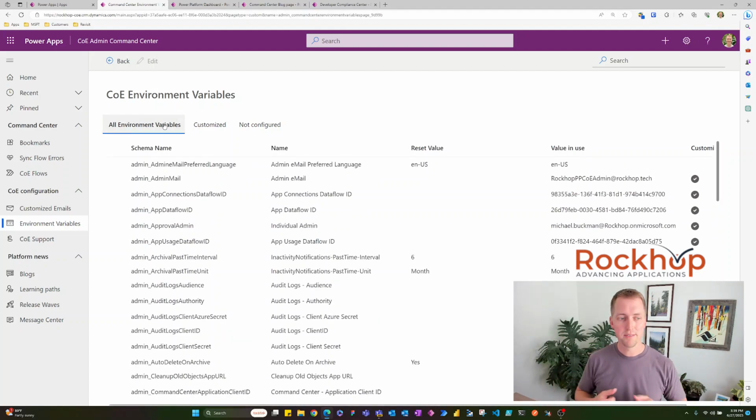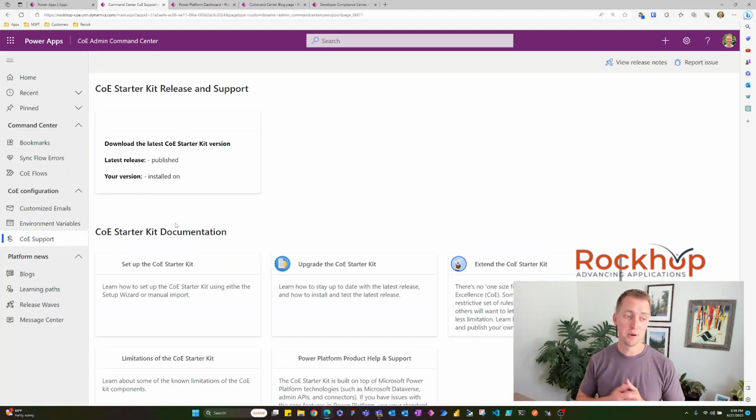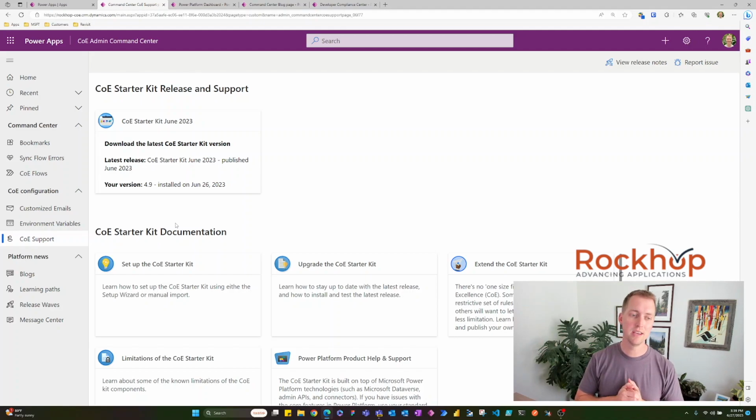So really powerful stuff here for your COE admins to be able to look at all of your environment variables in one place, along with a bunch of other things. And then COE support. So your admins, if they have any questions or need a refresher on the COE, there is a bunch of documentation that's included with the admin command center as, again, a one-stop shop for your admins